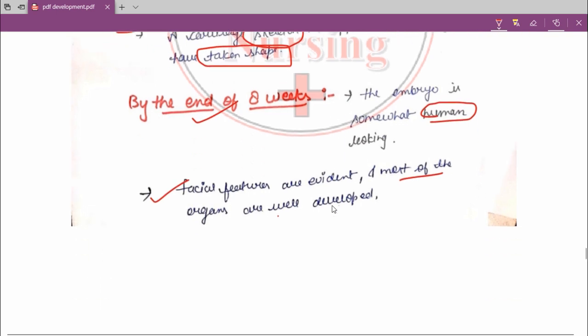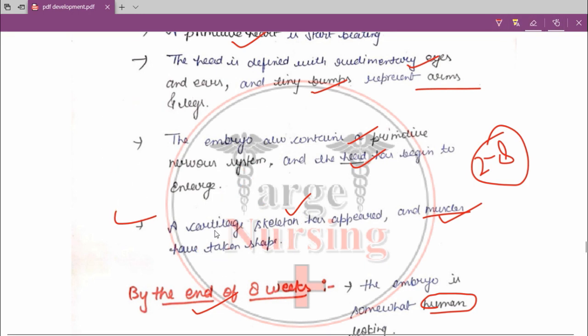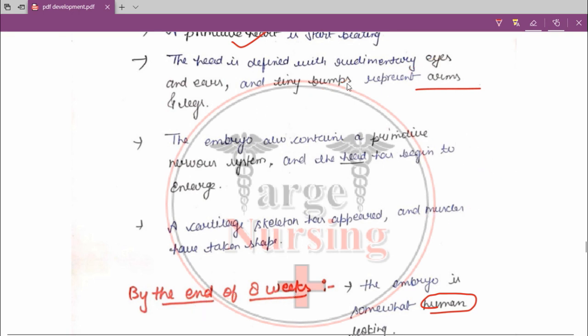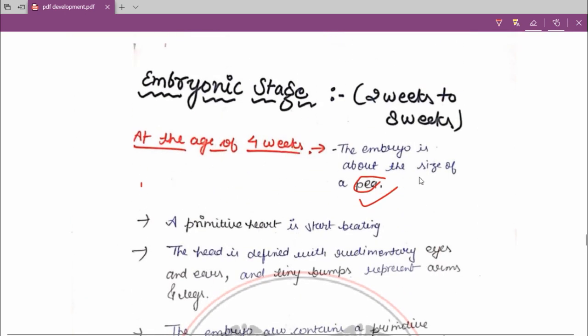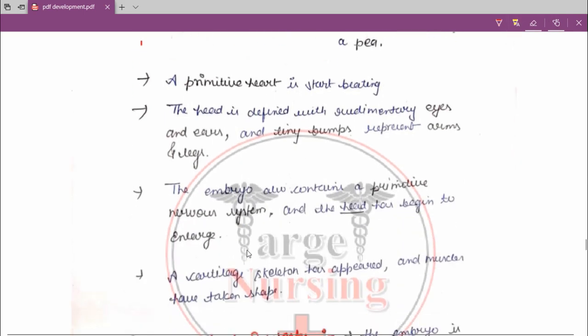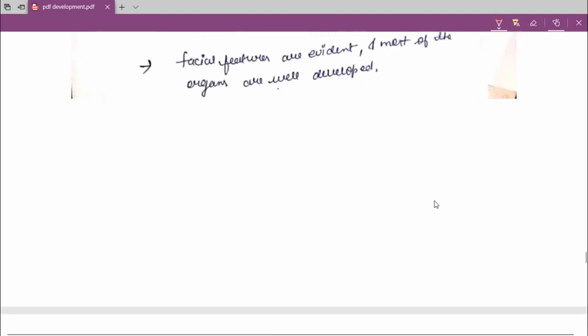Okay, now we have studied earlier that the end product of fertilization, what we are gaining at the end of the fertilization, that was the zygote, and in the pre-embryonic period we have seen that the embryo has developed. ठीक है, now move on to this second stage, third stage, which is